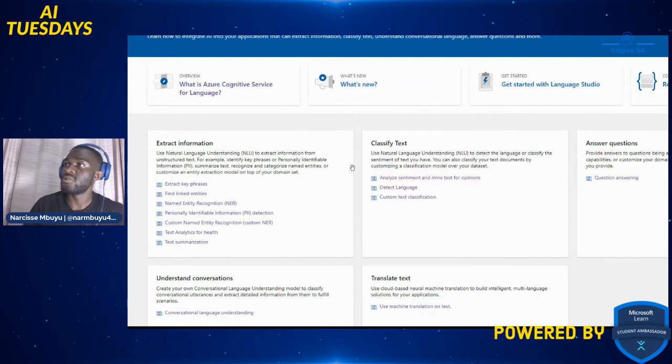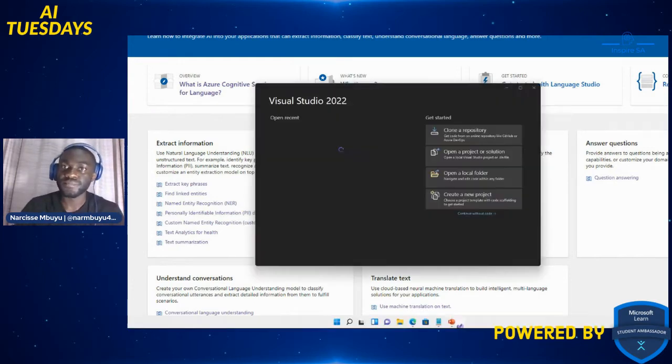I'm going to open Visual Studio again. Find linked entities, right? That's what we're doing.